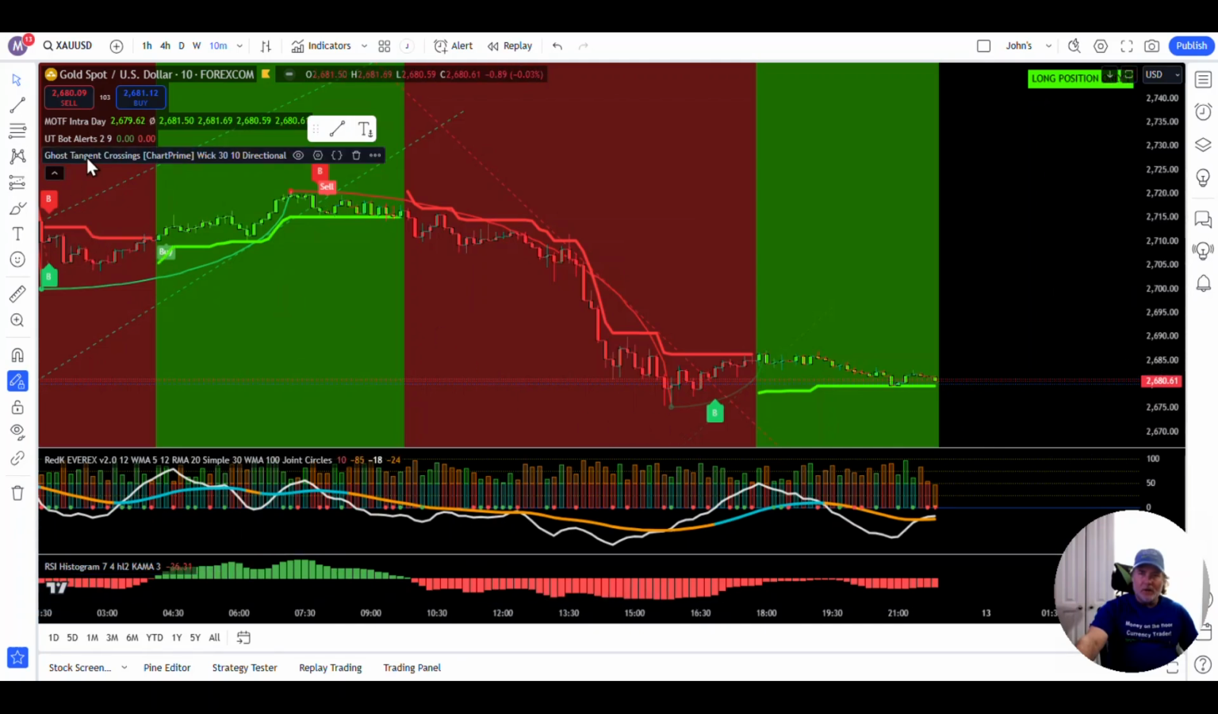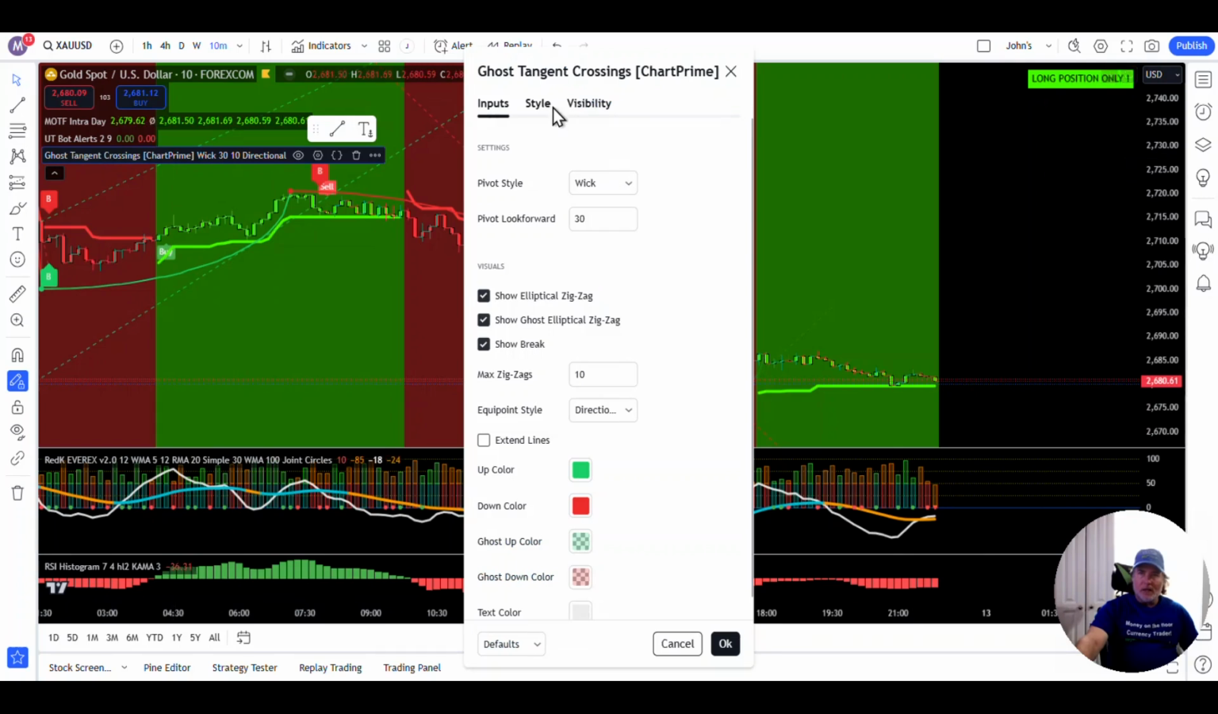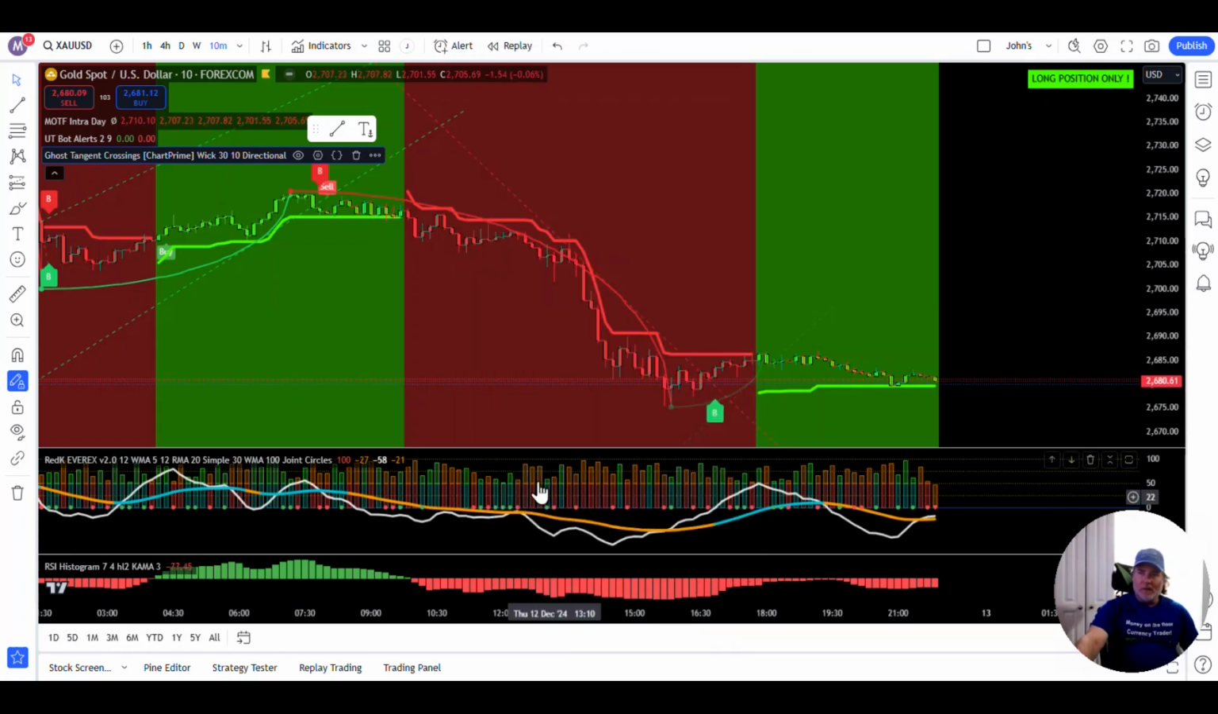There's another one on here which is called the ghost tangent crossing. Basically it's a trend line, but it's a newer style of trend line. It does like a curve. You can adjust it to your preference right here on the pivot, and also on the zigzag you can play with both those numbers. I'm still playing with it myself, so I'm still working on it, but this is what I've added to my